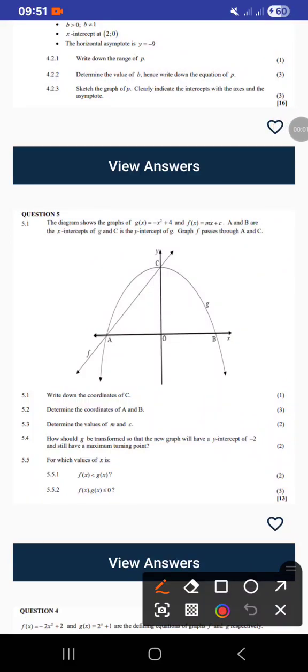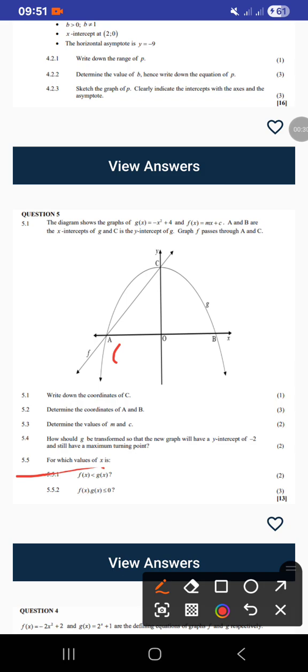We've reached the final part of our video of this question. The last part is your interpretation questions. These are the last questions they'll ask you in functions. They're a bit tricky, but everything they'll ask you is everything you have done in the graph. So whenever you reach this last part of the question,